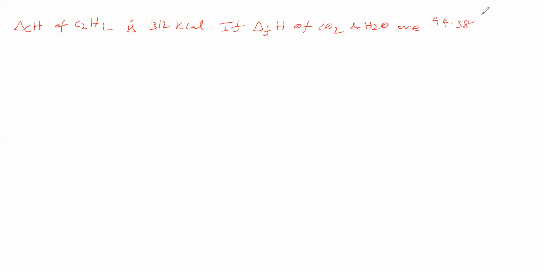The heat of combustion of acetylene is 312 kilocalories. If the heats of formation of CO2 and H2O are 94.38 and 68.38 kilocalories respectively,